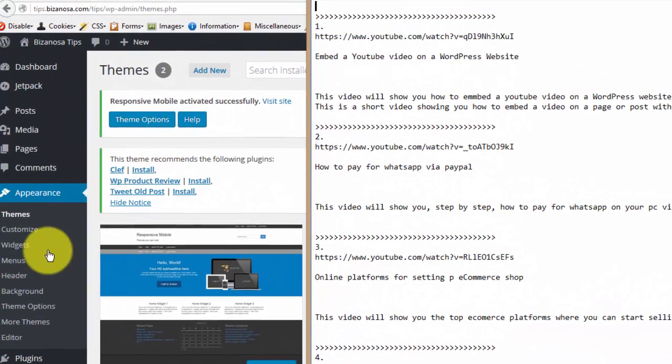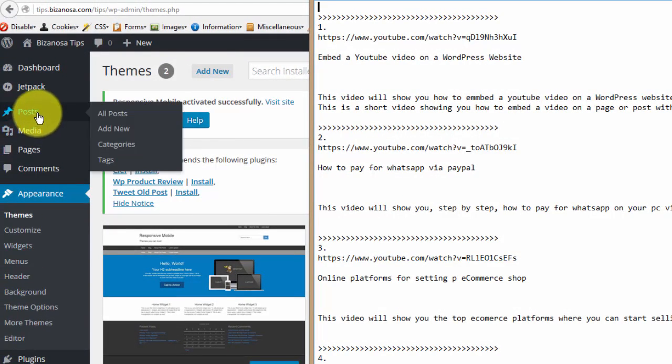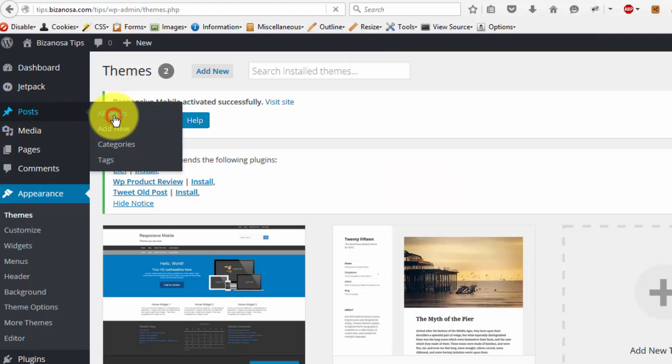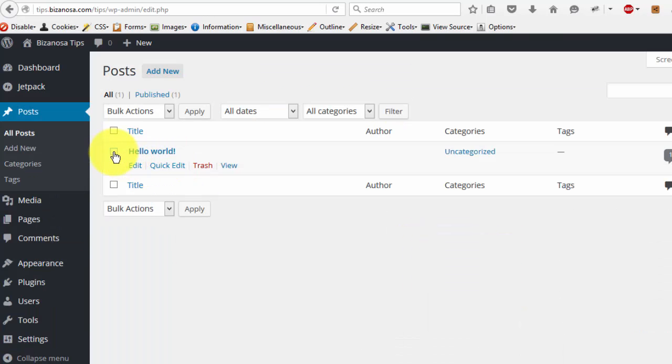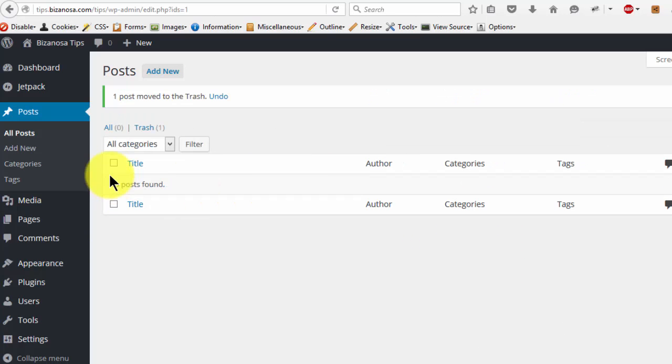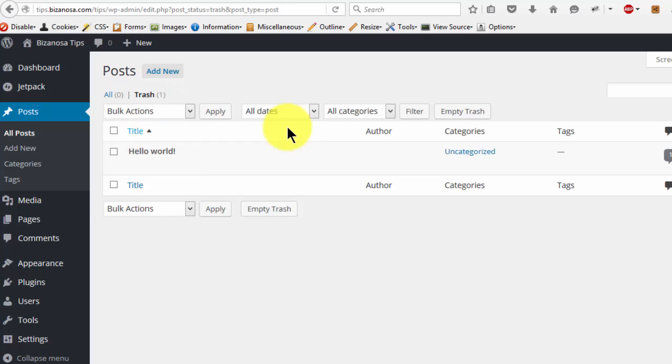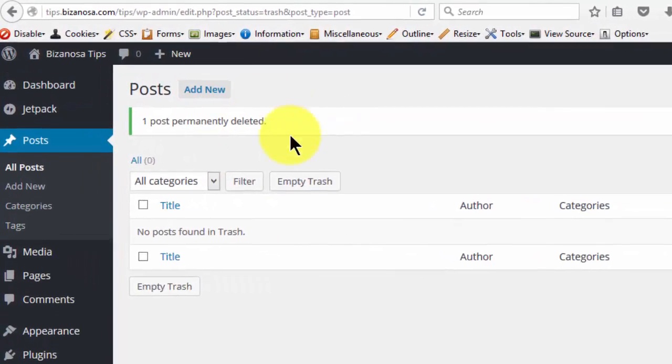So let me create the first post. I will go into posts and let me go to all posts. I want to delete this post, so I'll just trash it. And I want to go into trash and delete permanently. Once that is done,